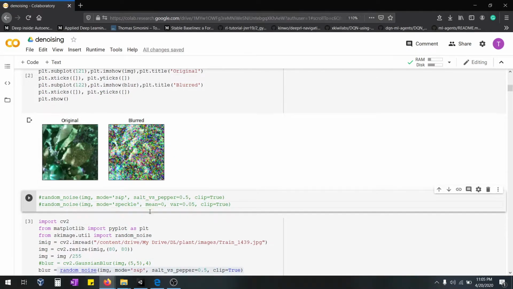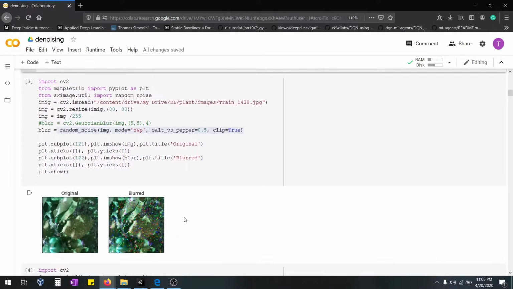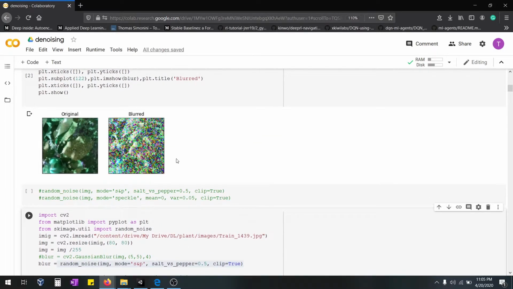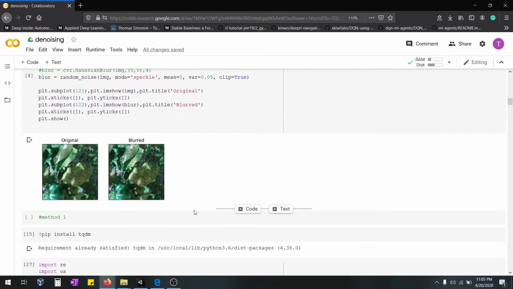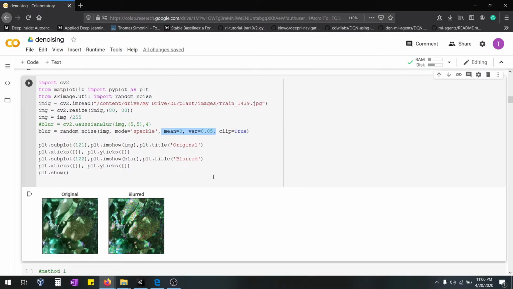There was a different noise, salt and pepper. If I had given this, the model could have reconstructed a little bit better than with the Gaussian noise. Here most of the features have been corrupted, so there was nothing to learn from this, but with the salt and pepper there was a little noise and the model can learn something from it. The last one is speckle. It's not much noise, but you can change the parameters and play with what noise should be added to the image.